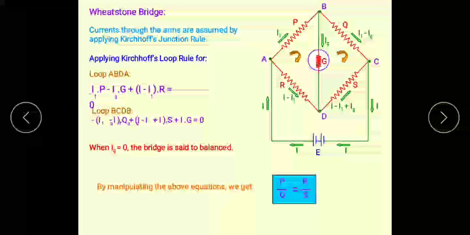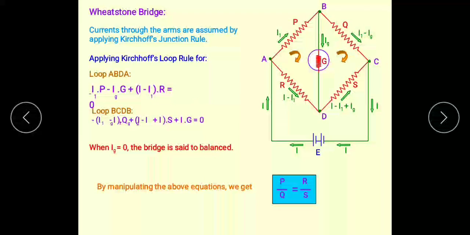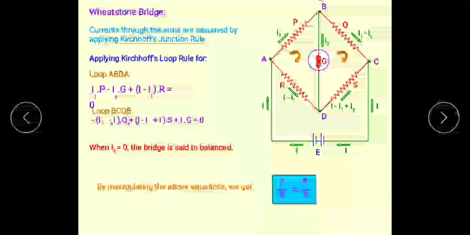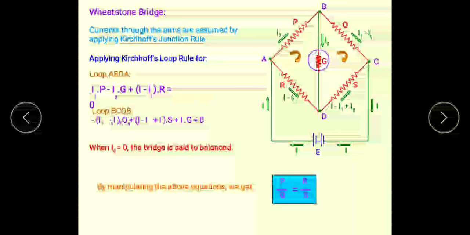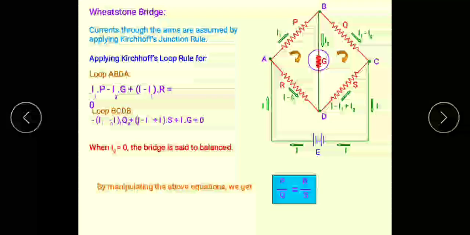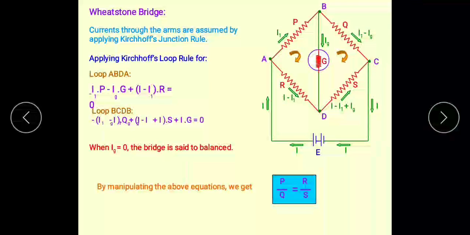Okay, now see, we have added minus I1 dot P minus Ig dot P plus I minus I1 dot R equal to 0. This is the second law of Kirchhoff, and we have applied this rule on our loop ABDA. Similarly, we can follow the same procedure for calculating potential difference, applying Kirchhoff's loop law on the loop